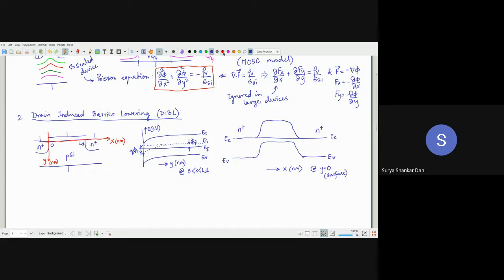Okay, so if we are trying to draw the EI, how does EI look like? Somewhere here, goes up, this and this. So this part is basically the P region. So this again, if I draw this here, what is this here? Again, energy in electron volts. So here we are looking into the vertical profile.